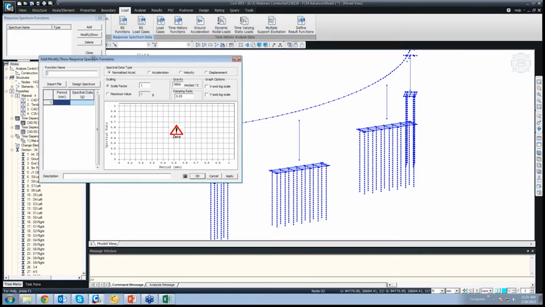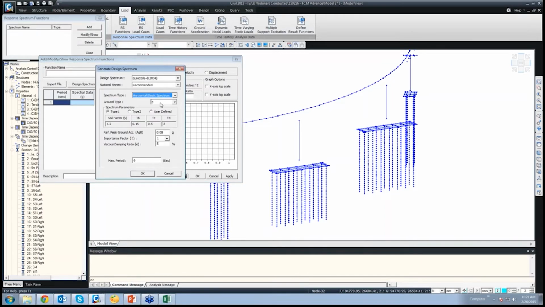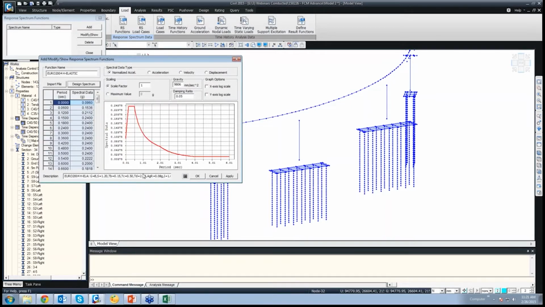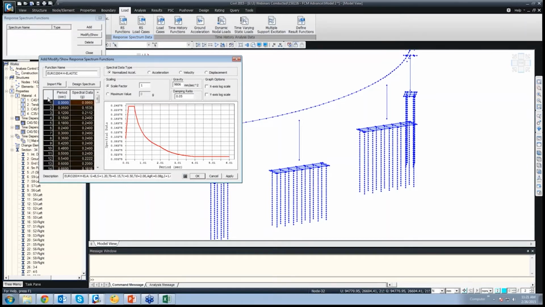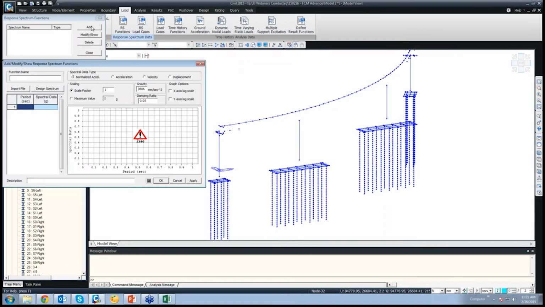Okay, so here you can give the design spectrum based on different codes. You may select Eurocode, you may select the options over here, and the design spectrum will be generated by itself. If you have your own design spectrum and you want to make it according to that, then you could copy paste the data from an Excel sheet as well.